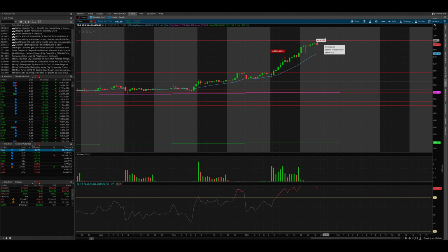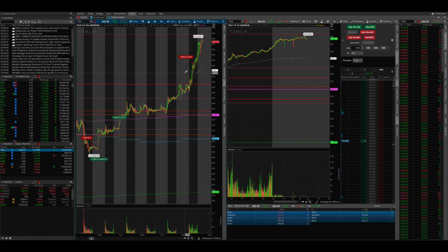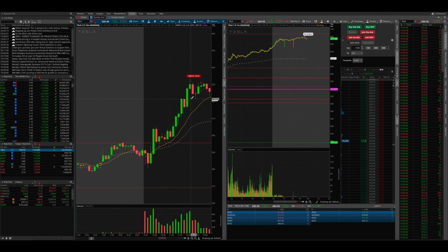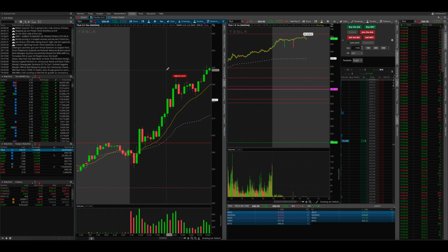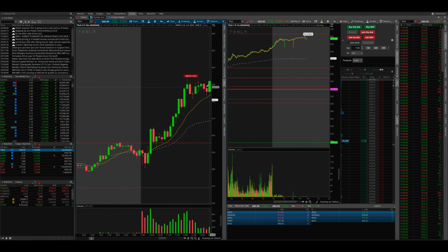But I'm happy with the quick profit, and the reason why I sold right here, as I was referring to earlier, let me just switch to the 10-minute time frame. So, ignoring all this right here, obviously, hindsight's 20/20. I saw that as we were gapping up higher, we were a bit extended from this 13 EMA, and as it made this pullback, I was looking for it to make another move higher. After this candlestick, I was waiting for this candlestick to break through this one,